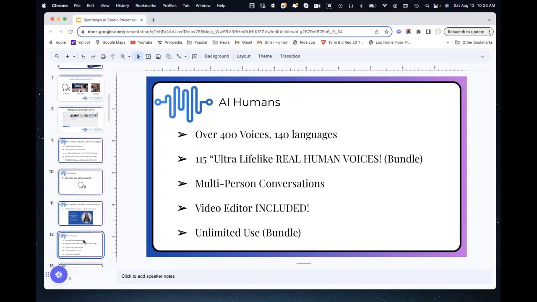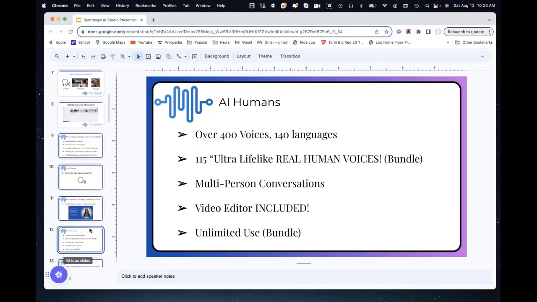The video editor is included as well, although I personally like to bring it into an outside video editor, go crazy with it, but you could use the one that we're including now to make real videos on the inside. And unlimited use with the bundle, the same way I told you before. You could just go crazy with this unless you're trying to break the system. That's about the best way to put it.